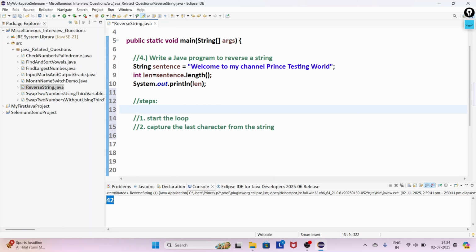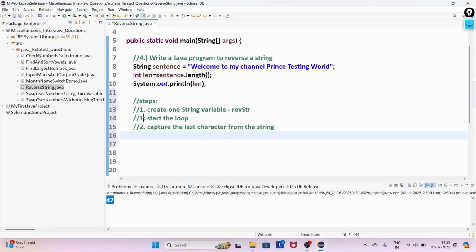So at the first step, create one string variable, let's say reverse str. This will be the reverse string variable name.